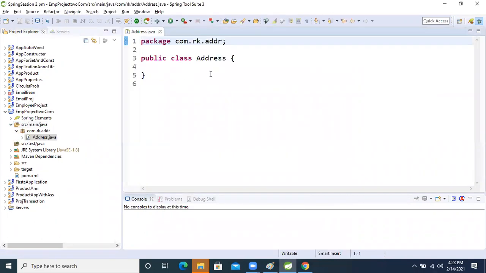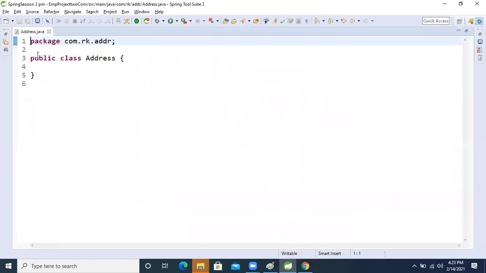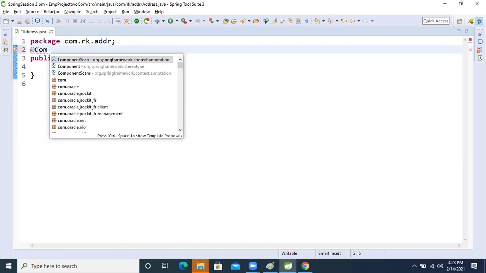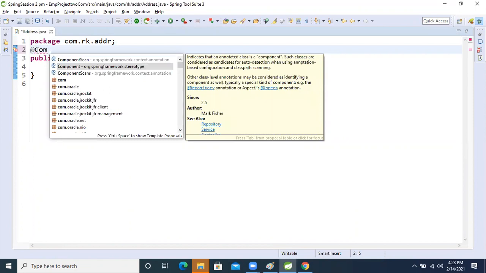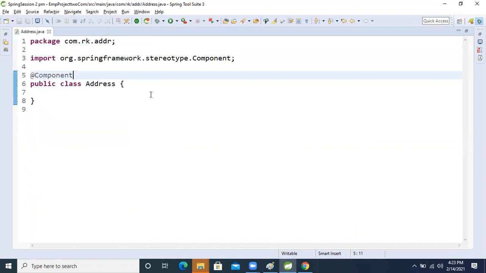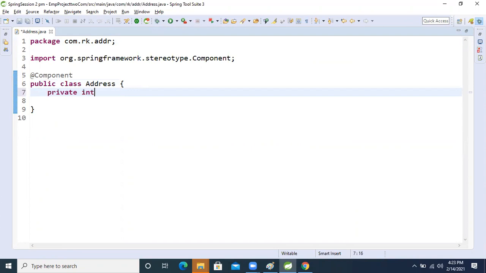After finishing that, we apply the @Component annotation. Then we have two data. Private int hno, home number.